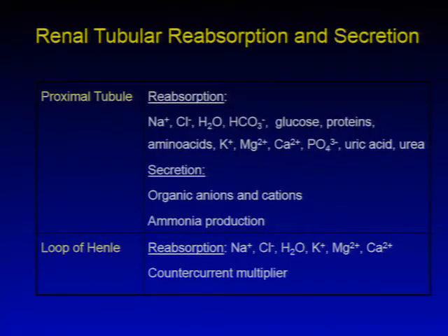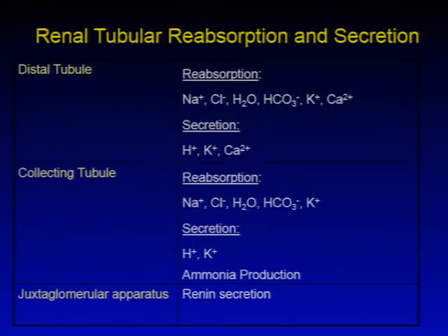So the next few slides do talk about the various sites of the various solutes that are reabsorbed or secreted in the different parts of the nephrons. We already went over them descriptively, so I'm just going to go over these slides quickly. As you can see, the juxtaglomerular apparatus is the site of secretion of renin, and the collecting tubules are the site of production of